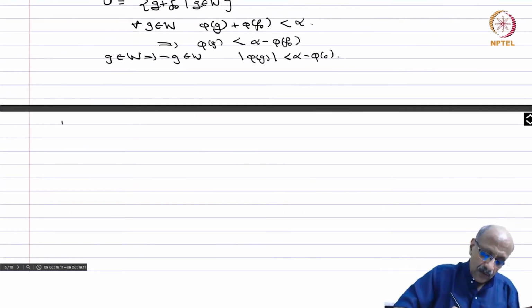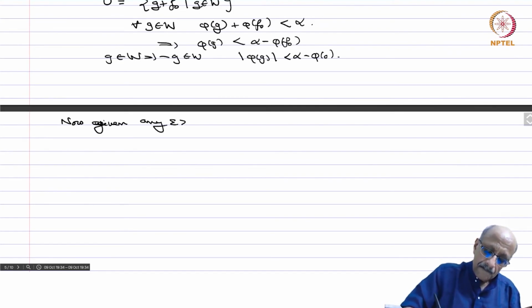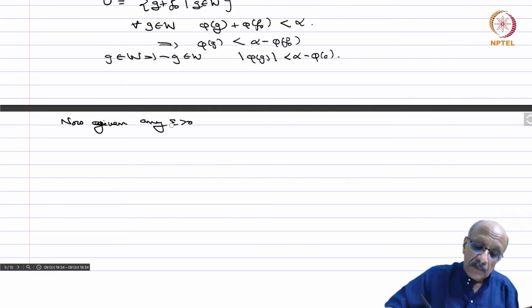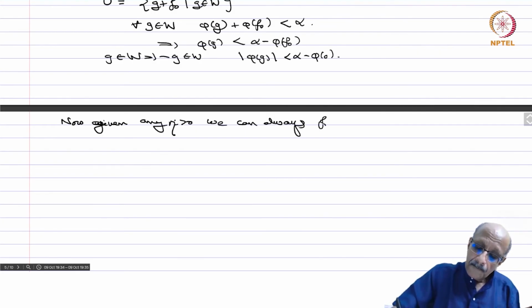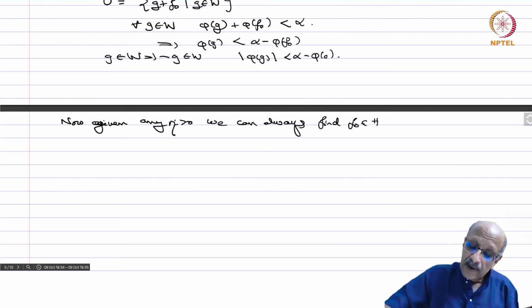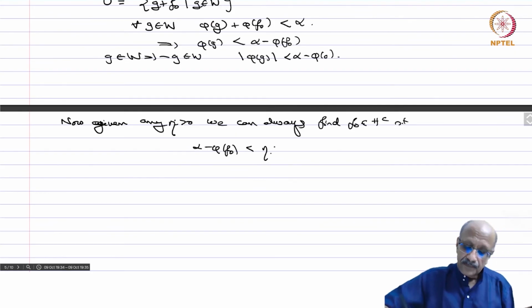Okay, now given any epsilon, or eta if you like, maybe I used epsilon somewhere, so given any positive eta, we can always find f naught in H complement such that alpha minus phi of f naught is less than eta, because you can